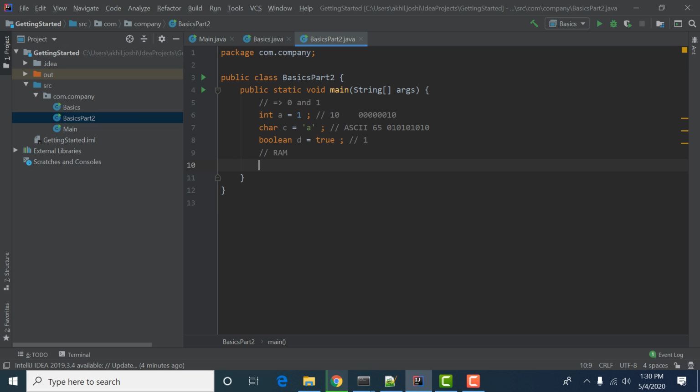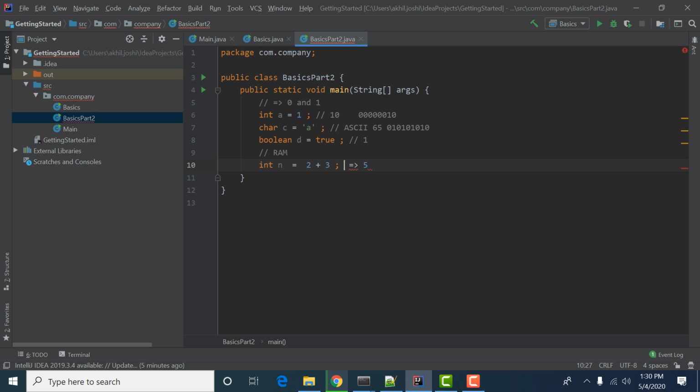For example, if we do integer a and b, and we have to add two numbers, like 2 plus 3, what actually happens is that 2 plus 3 converts the value into 5.